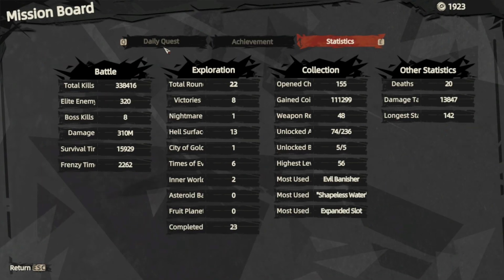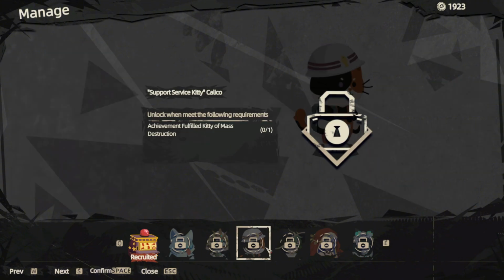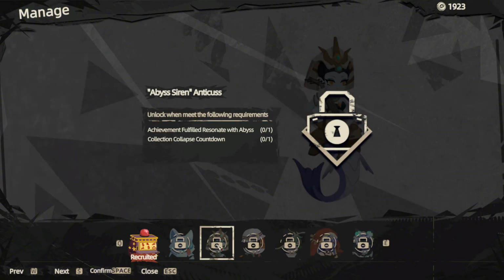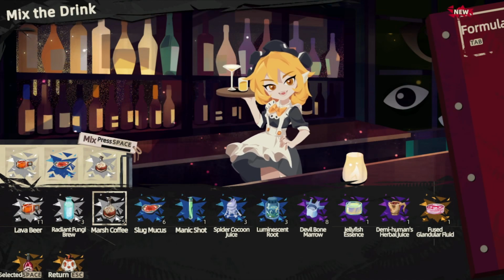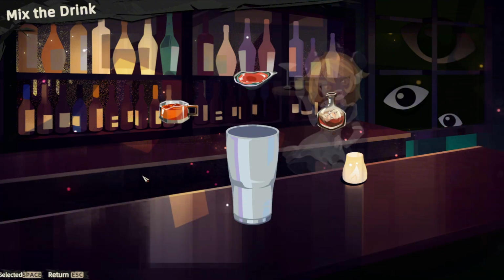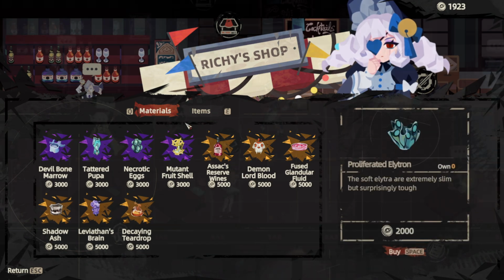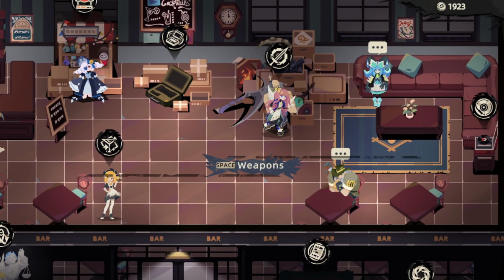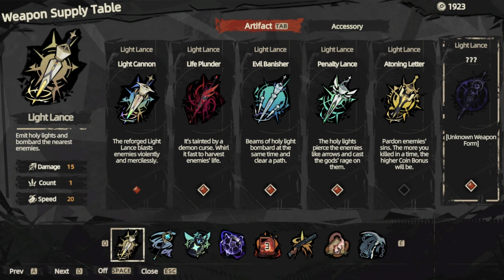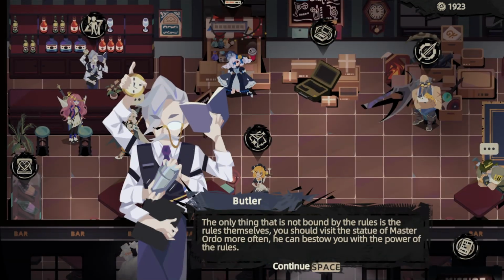This game's hub contains a mission board for quests to get resources, companion management that allows you to find recruited companions in a run to aid you, as well as being able to upgrade them for better support. Your permanent stat progression, a drink mixing minigame where you can mix ingredients to create a mixture that has buffs and debuffs for the next run, a store where you can purchase set ingredients, an airdrop supply where you can call in temporary buffs during a run, weapon supply table where you can turn on or off weapon and upgrade pots to limit the amount and type of upgrade you can get during a run,